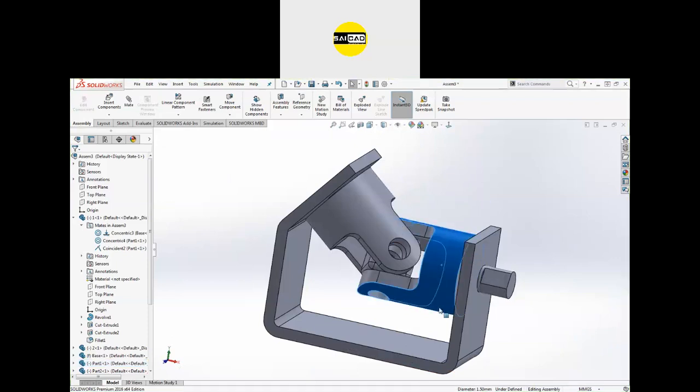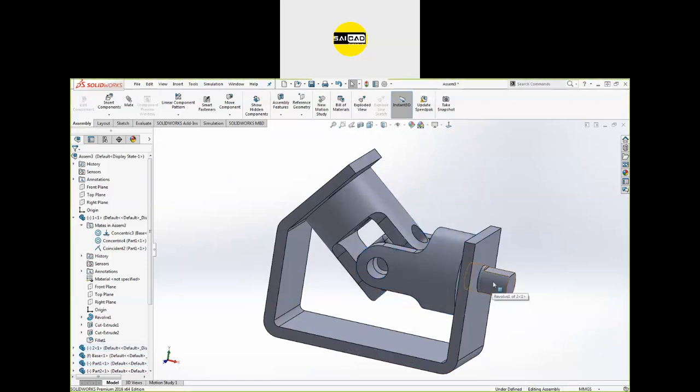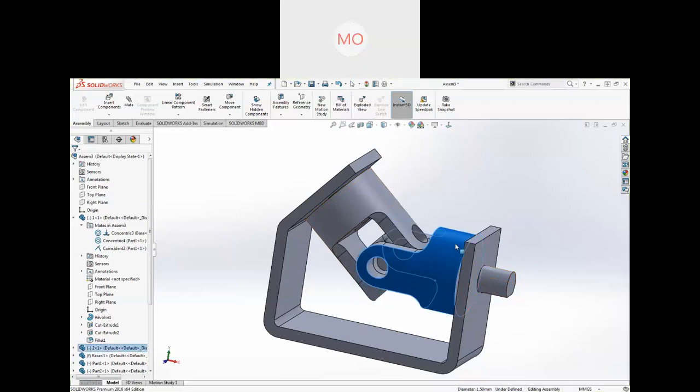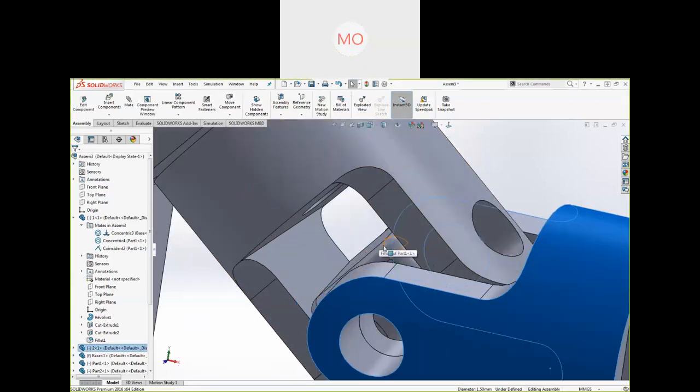Okay, here any question related to this one? If you have any question, you can ask that. Sir, if you want to move at some angle, then what we can do? Right now in this, we cannot move it at an angle. You can see directly it is on angle.